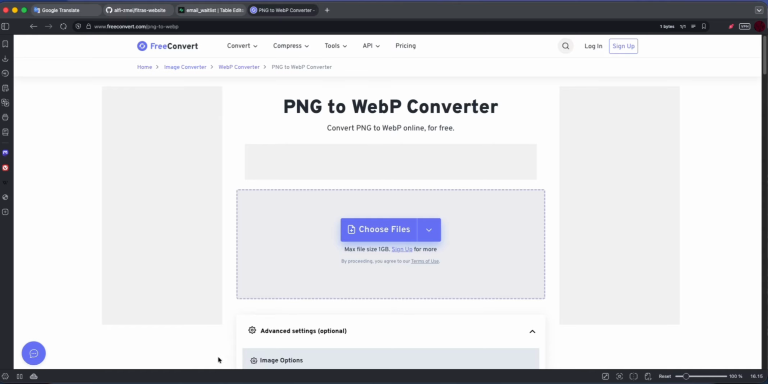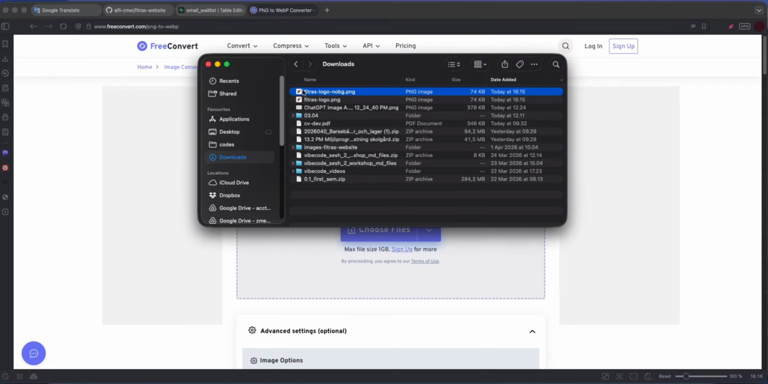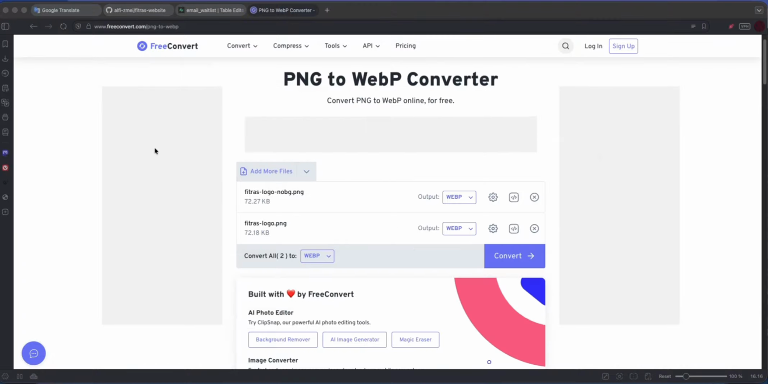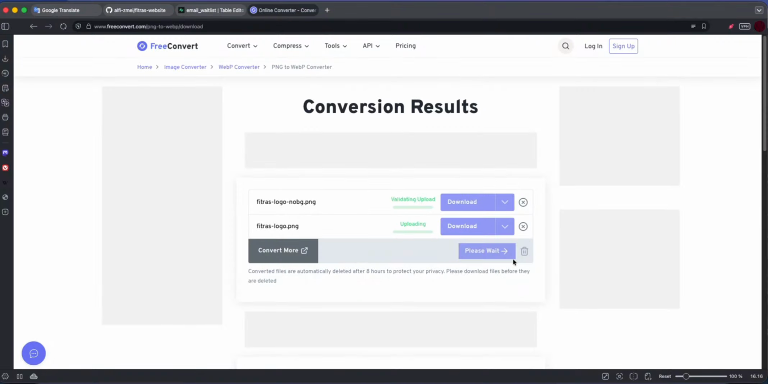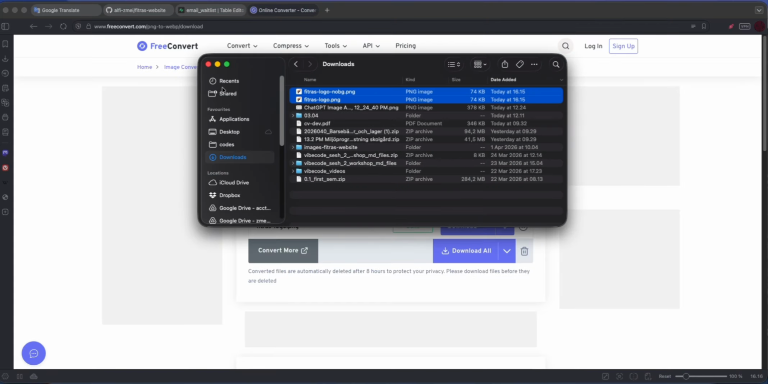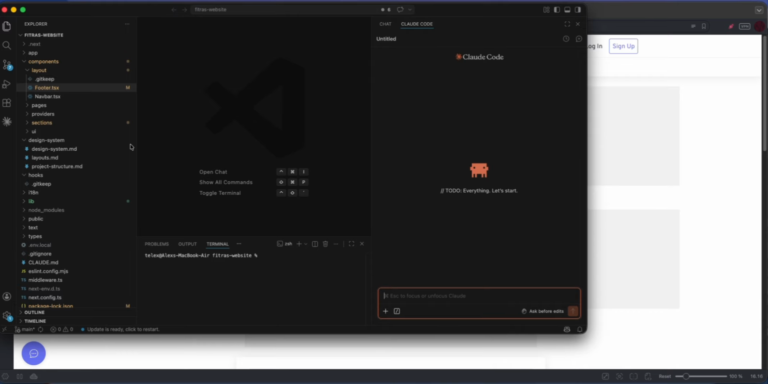Okay, so what I'm going to quickly do is put my two logos in, and it's going to be WebP. Yes, we're going to convert it. Very good. It's not going to take too much space up, but another thing that you can do is just have a